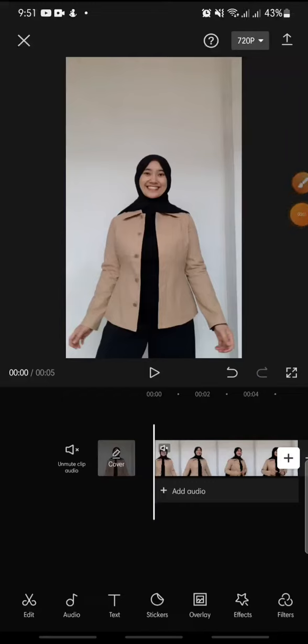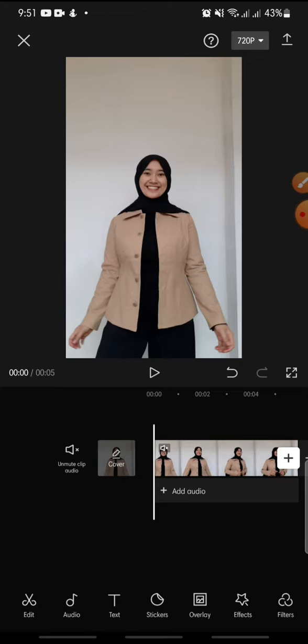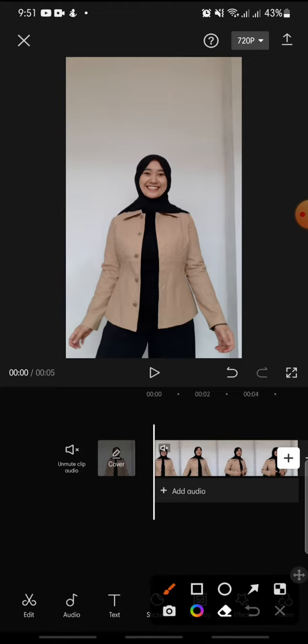In this video, I'm going to show you how to save a video in the CapCut app. Now let's get started. First, after you open your CapCut app and add the video that you want to edit, and after you edit your video, if you want to save this video, you can click on